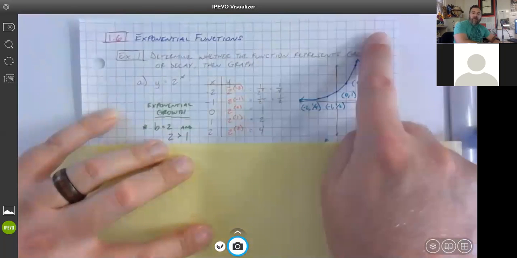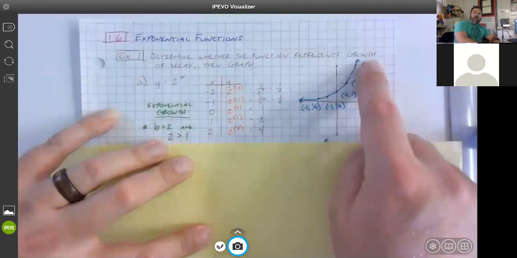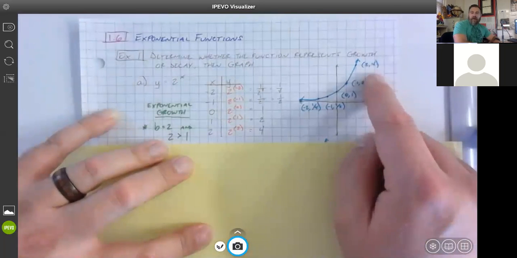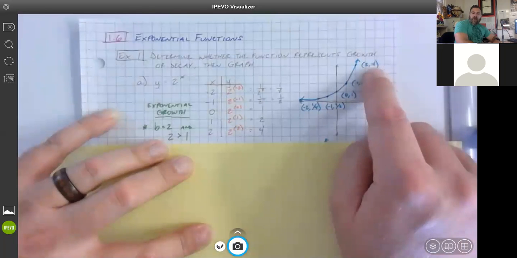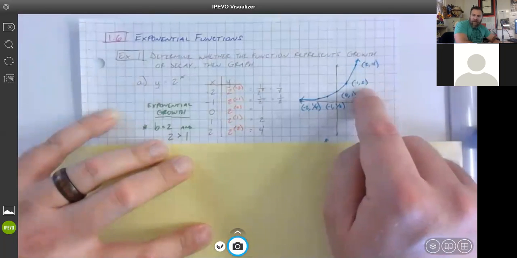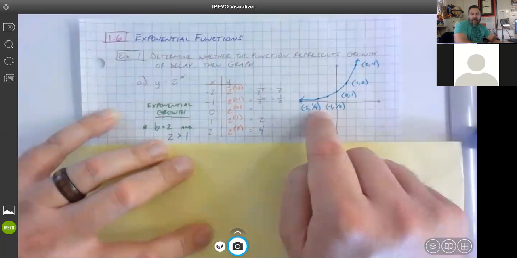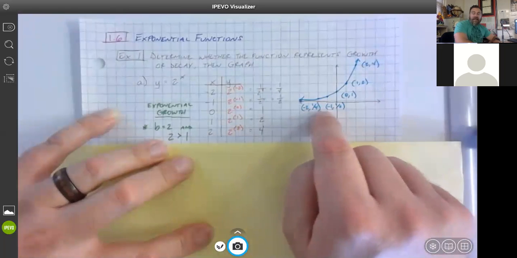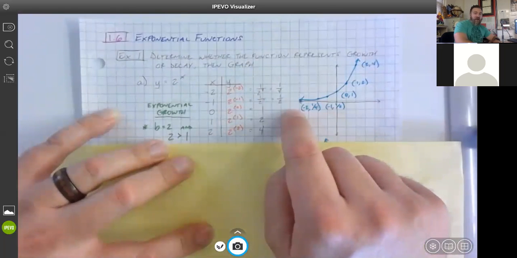So it can go off to positive infinity. Where it's interesting, and you may recall this from the unit that we did last year in Math 1 on exponential functions, as I go backwards, as I move left, you'll notice that these start getting smaller and smaller. I'm starting to get smaller fractions. I could keep going and the fraction will get smaller and smaller, but it'll never